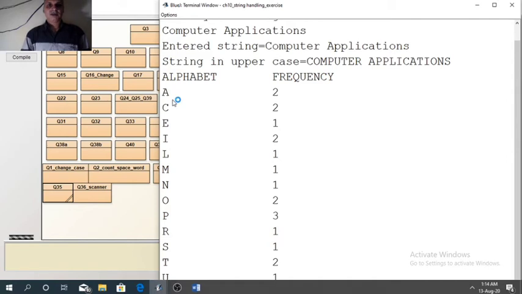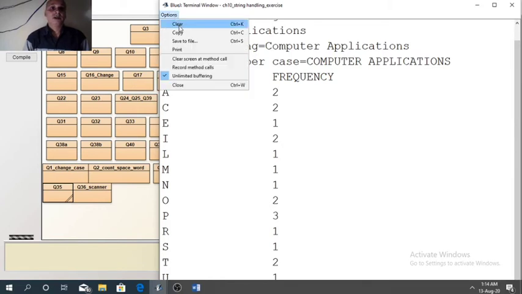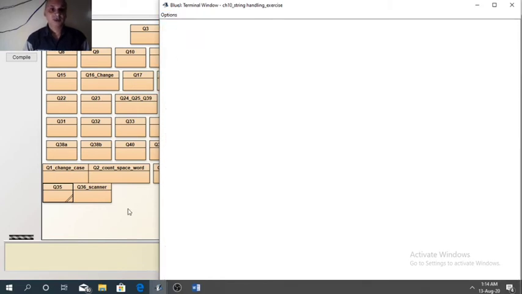Now alphabet on left side, frequency on right side. A is found 2 times, C is found 2 times, like this. We can get the result. I hope this program should be clear to you now.